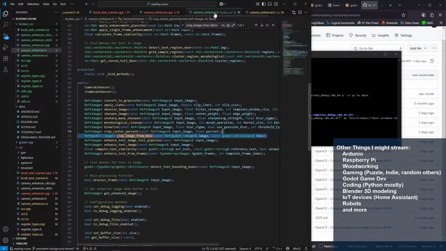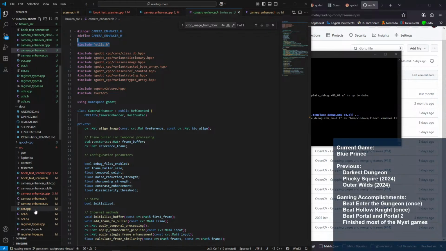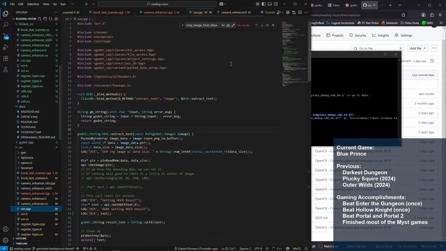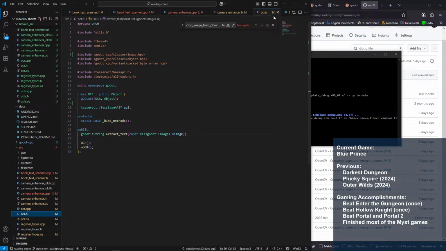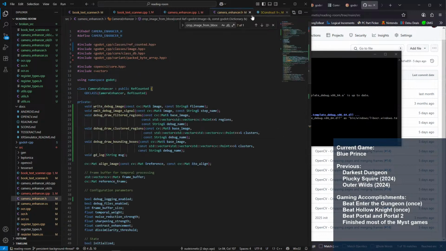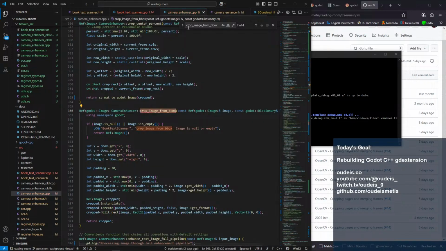Cool, and then we get the utility, which I think for OCR. No, OCR.h. Okay, we did just have it at the top. Cool, so that's now there, it's now available.